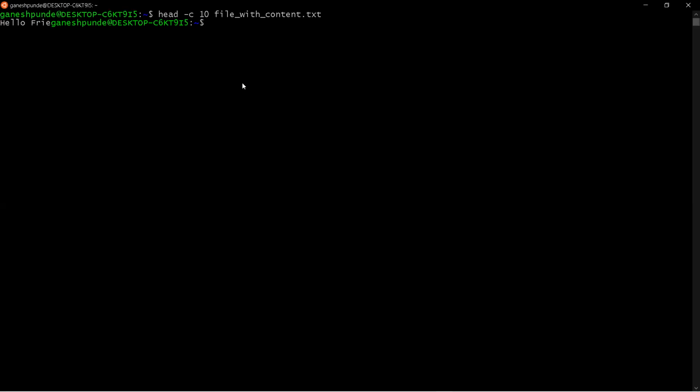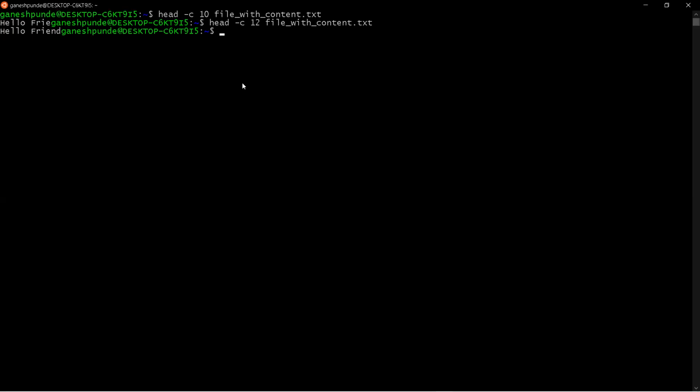Let's say if I say 12, you can see hello friends it is showing. So this -c option is used for displaying characters. If you want specific characters to be displayed, you can use -c.